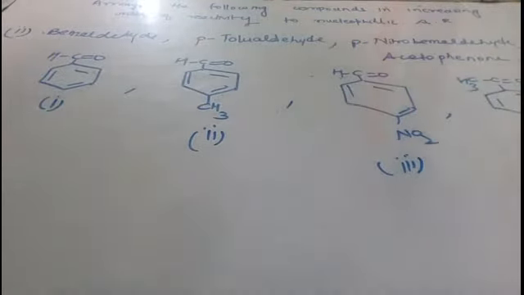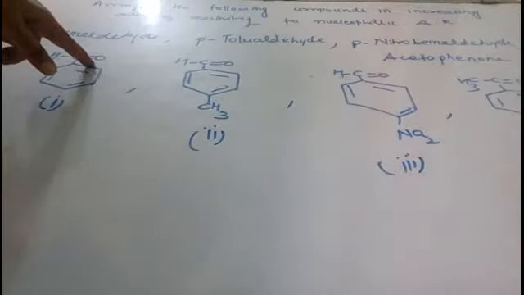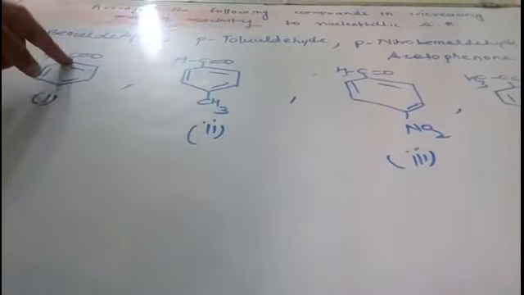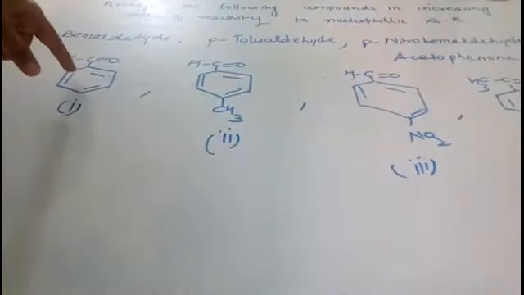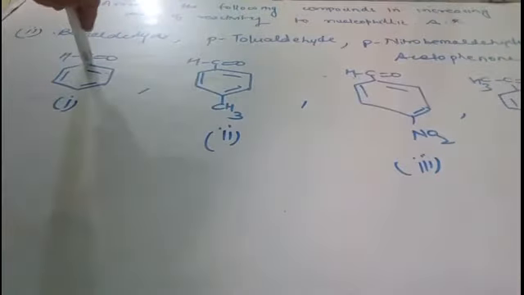So again we will compare. Now you know that benzaldehyde, here this carbonyl group, it displays the -m effect. It will withdraw the electron from the benzaldehyde, isn't it? So from this benzene ring. So what will happen here? Actually the polarity of this carbon is decreasing due to the -m effect.